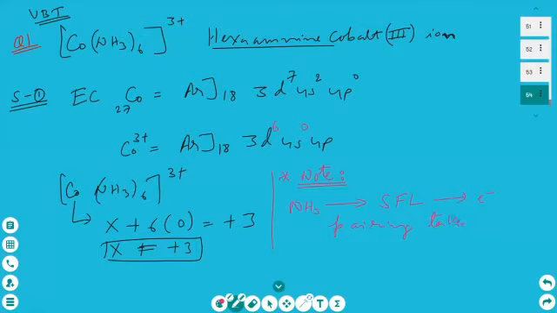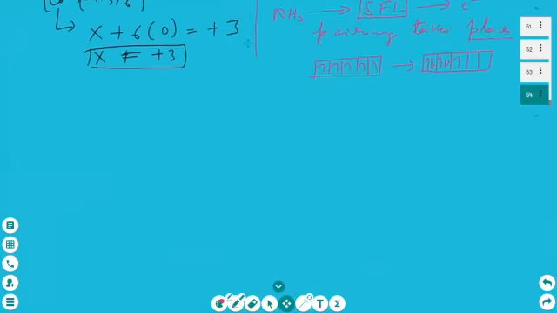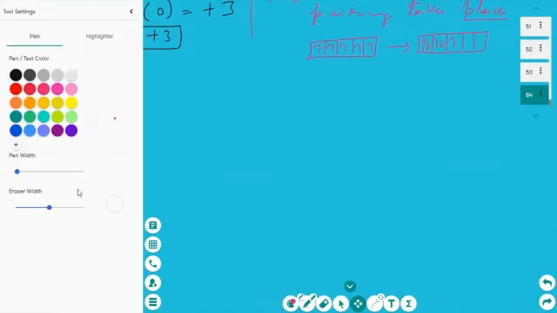Electron pairing takes place. Electron pairing means the electrons will couple up. For example, what do you mean by pairing? I'm explaining you again. Suppose you have 5 electrons. When pairing takes place, you have to pair all the 5 in the best possible way. So 2 here, 4 here, and this is the 5th. So pairing will take place. The reason is it is a strong field ligand. Why is it a strong field ligand? In ligand field theory I have done. If you remember, it is well and good. So ammonia is the strong field ligand according to the spectrochemical series.